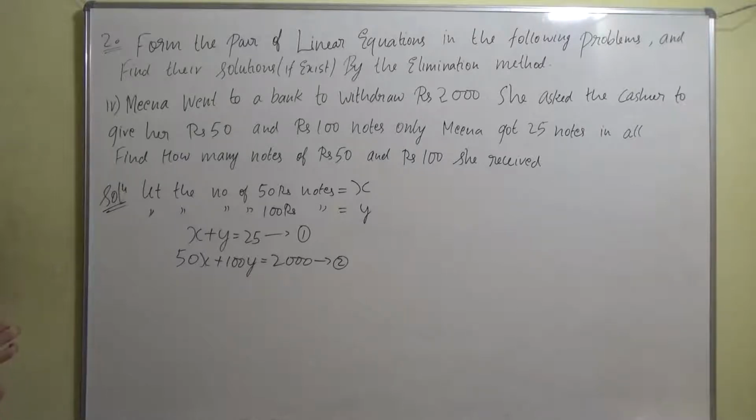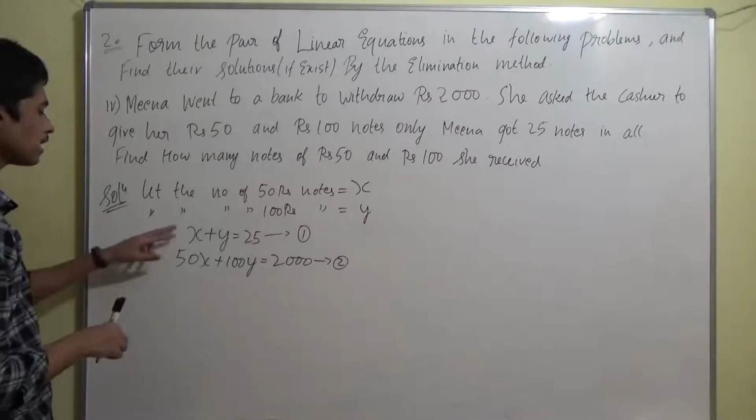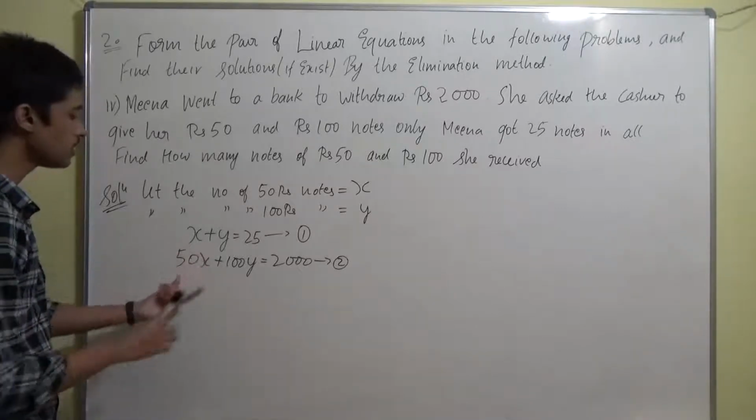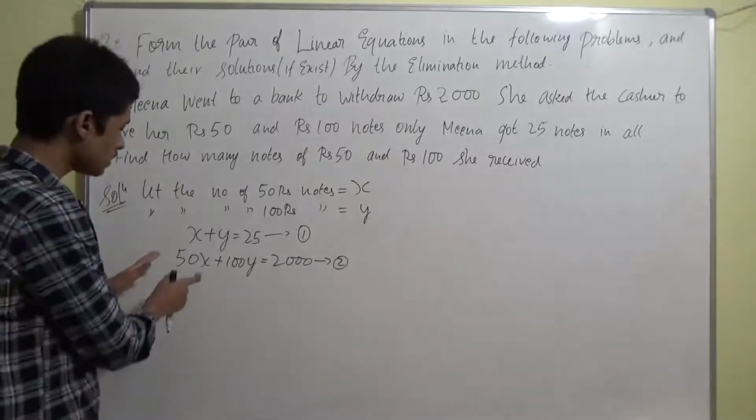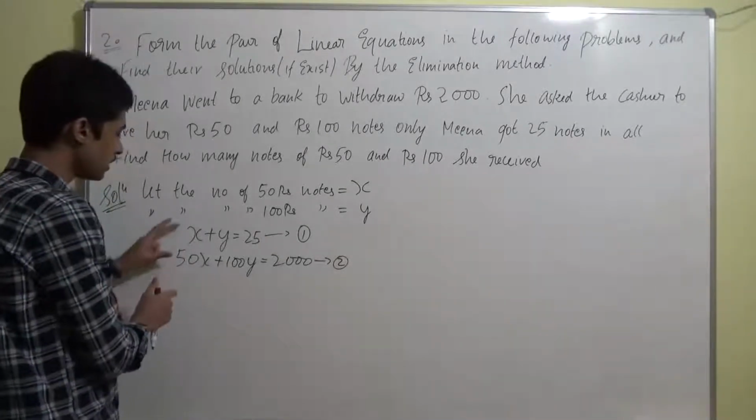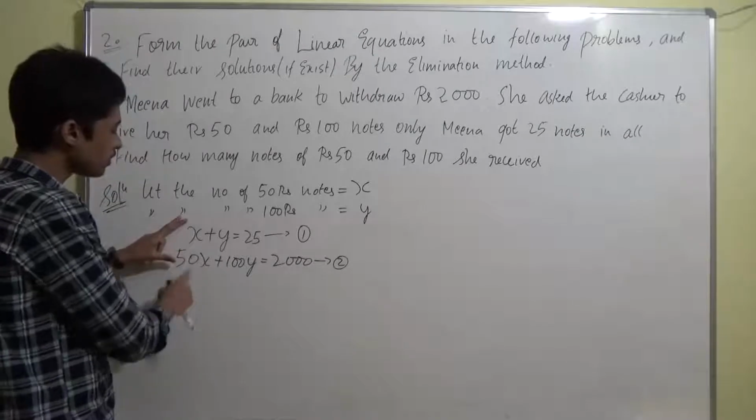So what we'll do, we have to do by elimination method itself. To do the elimination method, same guys, we have to make any of the two terms with one variable, at least with one variable, equal. For example, x term is here, right, and here x term is there. We have to make these two terms equal so that we can cancel it up.